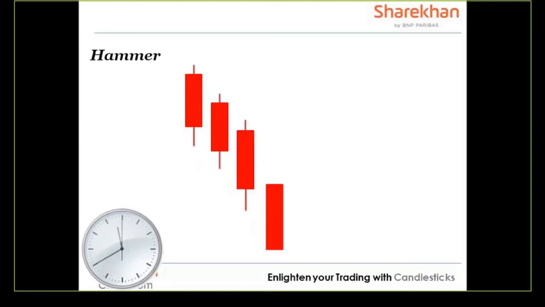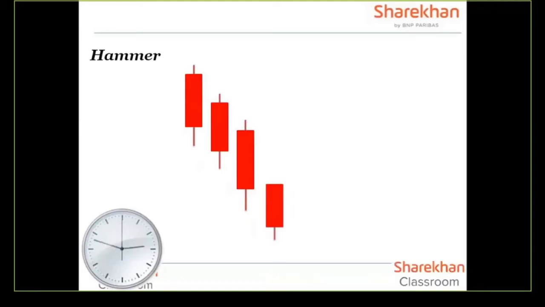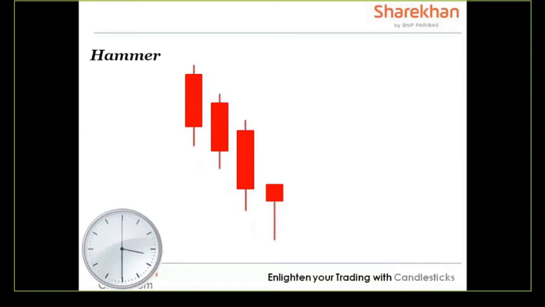Prices go down like this by around 11:30 or 11:45. Then they go up, and then finally at 3:30, this is how a candle looks. As you can see, it looks exactly like a hammer, and that's why it is called a hammer. It's a bullish reversal pattern, which means after a downtrend, you're expecting the prices to go up ideally.